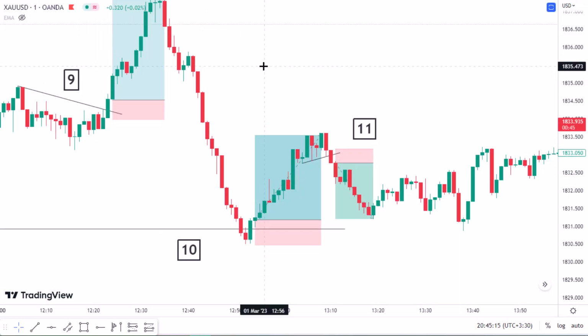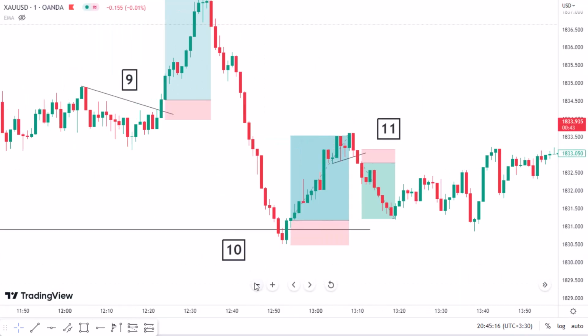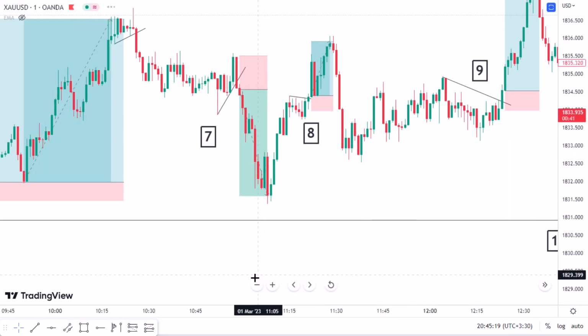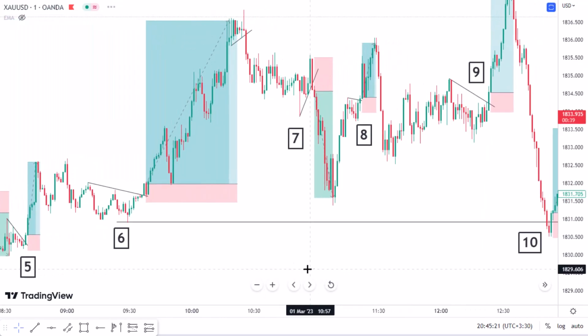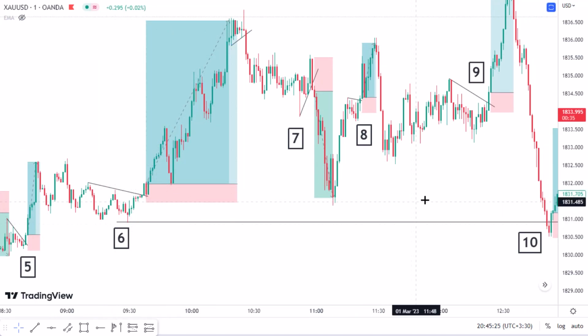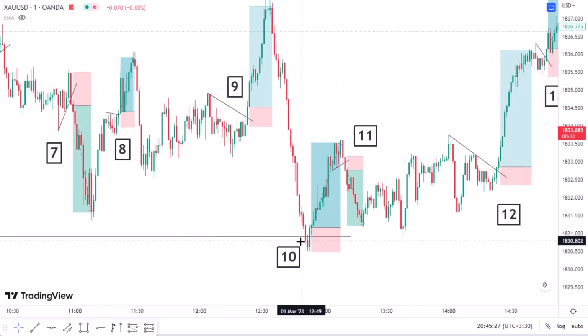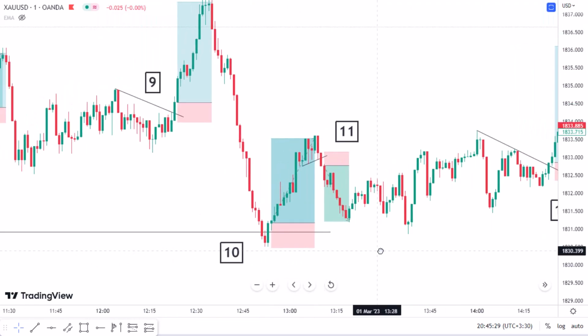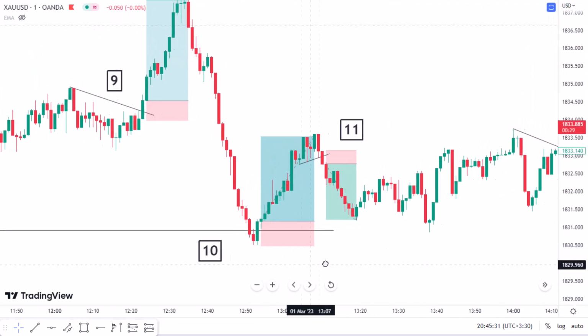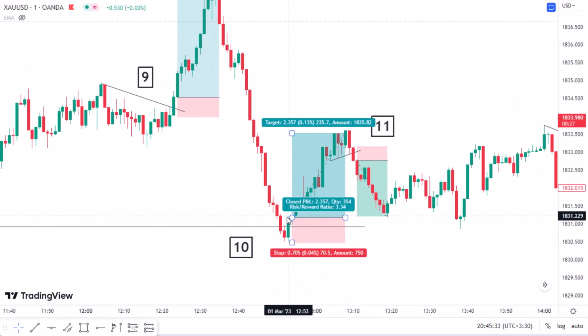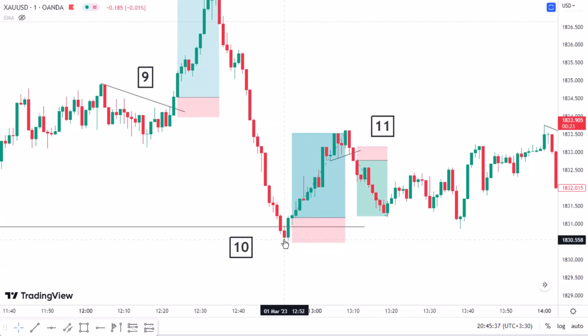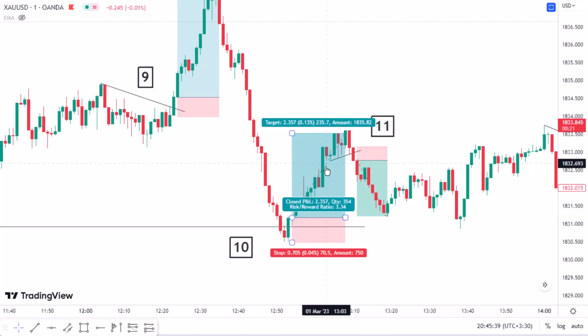On trade 10, we have a support line here where the price came to this level and went up, so we draw a support line here. In the future, once again, when the price comes back to that level, we can see some reactions at that level. We enter the buy position here, put our stop loss below the candle, and